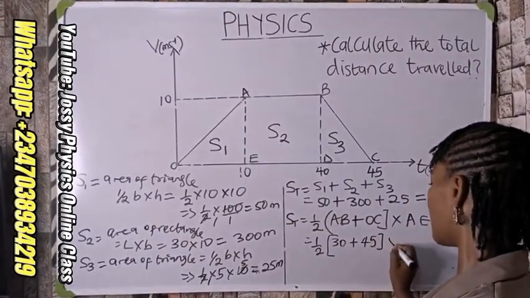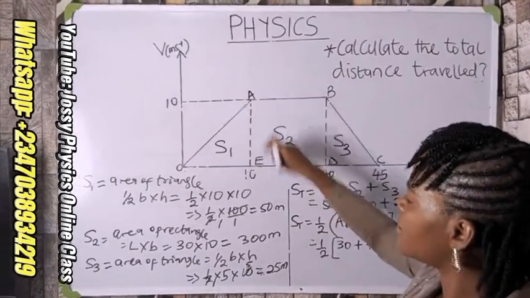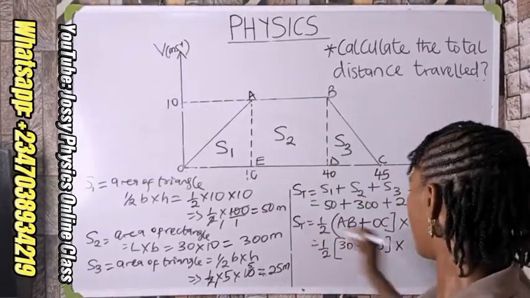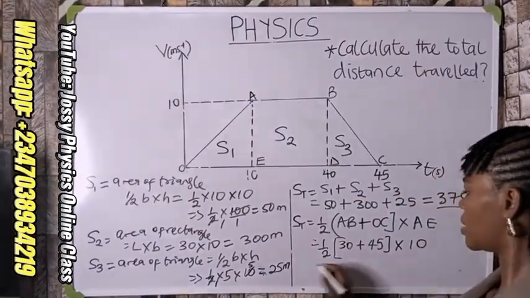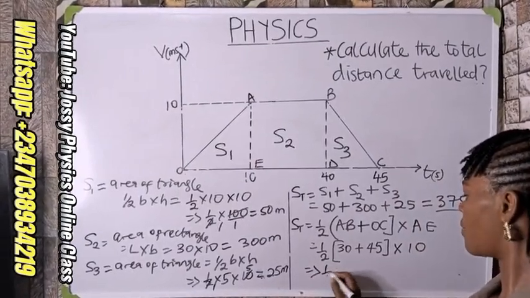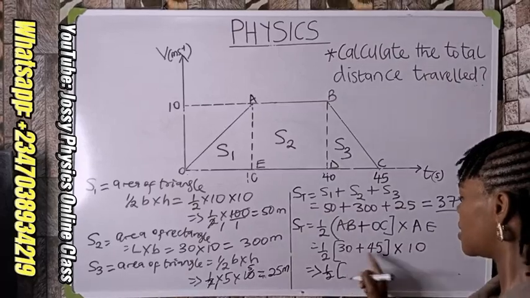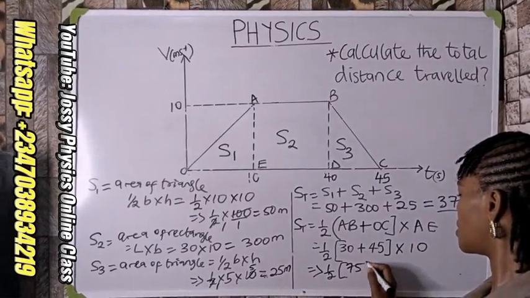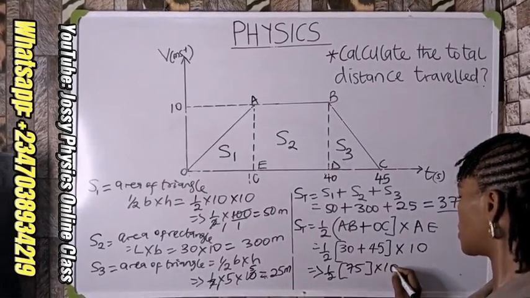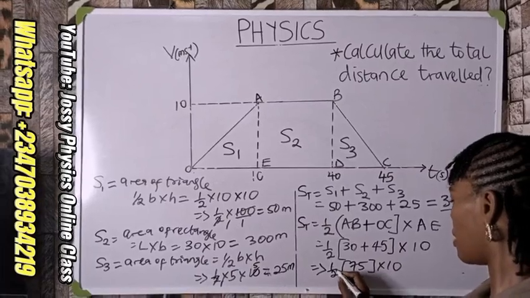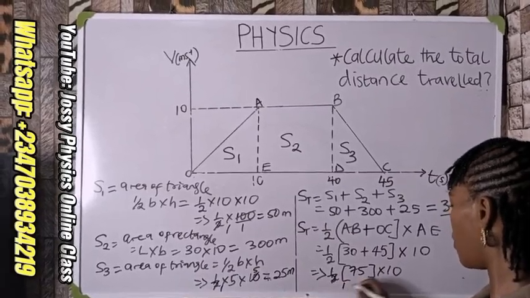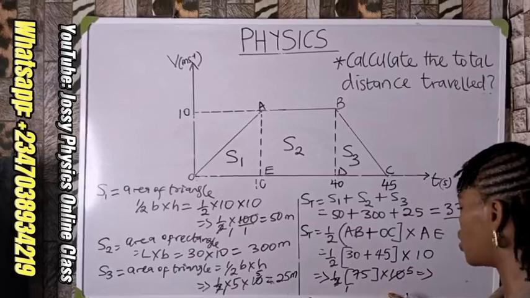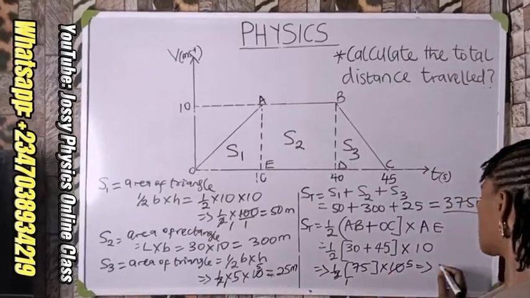I will have 45 times my height, which becomes 10. So I have half, bracket, this part gives me 75, 75 times 10. By the time I divide, I have 1, and if I divide 10, I will have 5. So 75 times 5 gives me